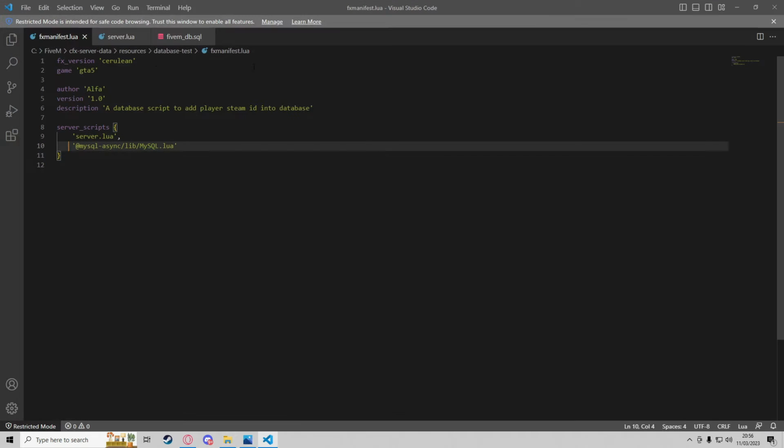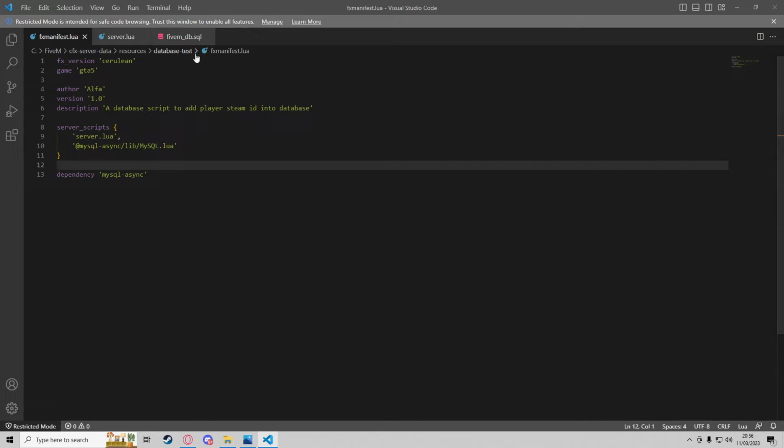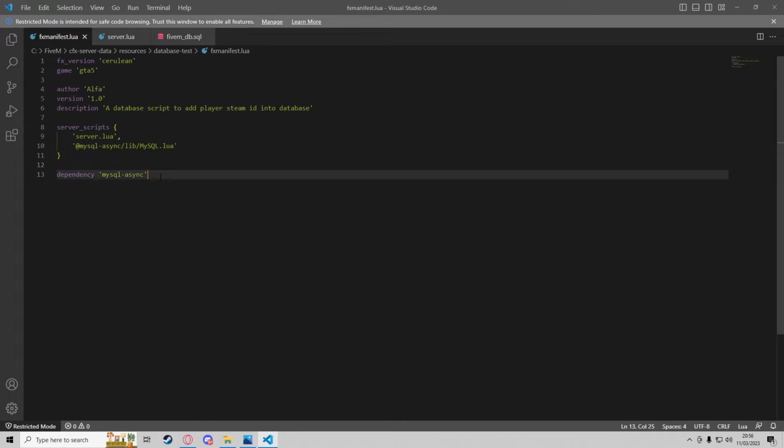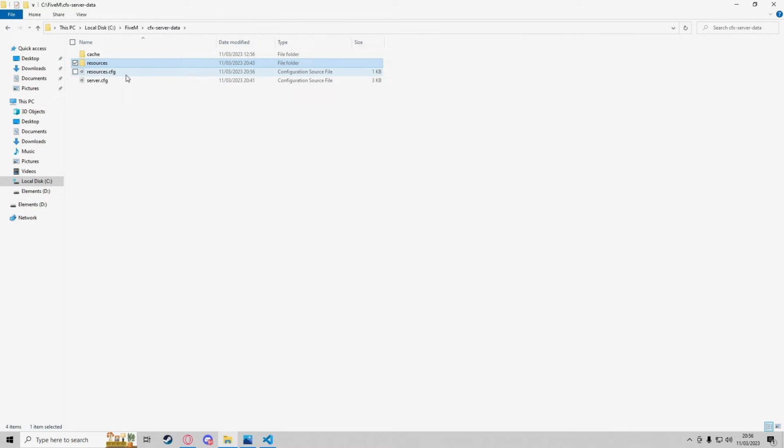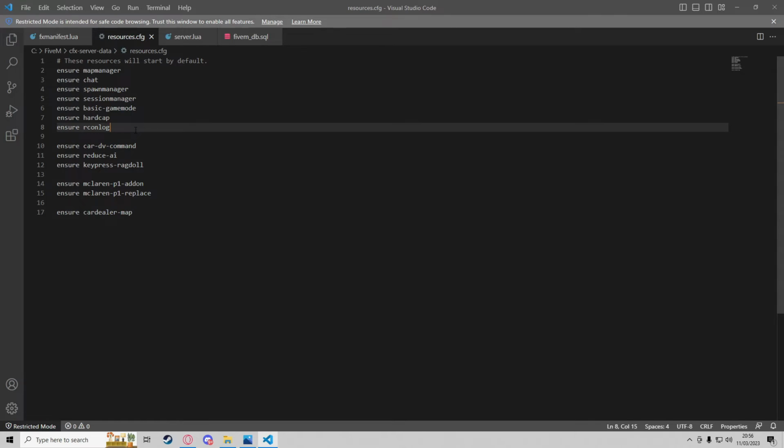So we're just going to go back into our FX manifest, and I'm also going to add a dependency in here, like so. And then we're going to call this one mysql-async, like so. So what this means is for this database test file to run, basically mysql-async has to be running as a prerequisite. This basically means what we can do now is go back to our resources.cfg,